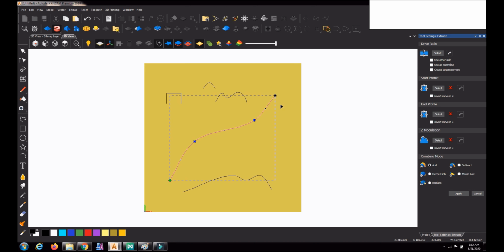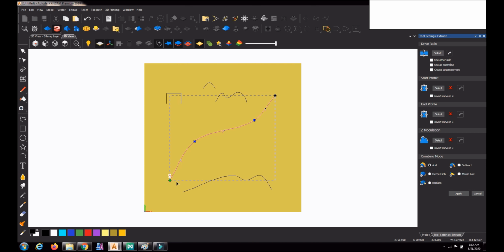So in this direction the 3D will be formed. The shape of the 3D depends upon the cross section we are going to select for it. So first we select the drive rail. For that we select the vector and click the drive rail selection button here,